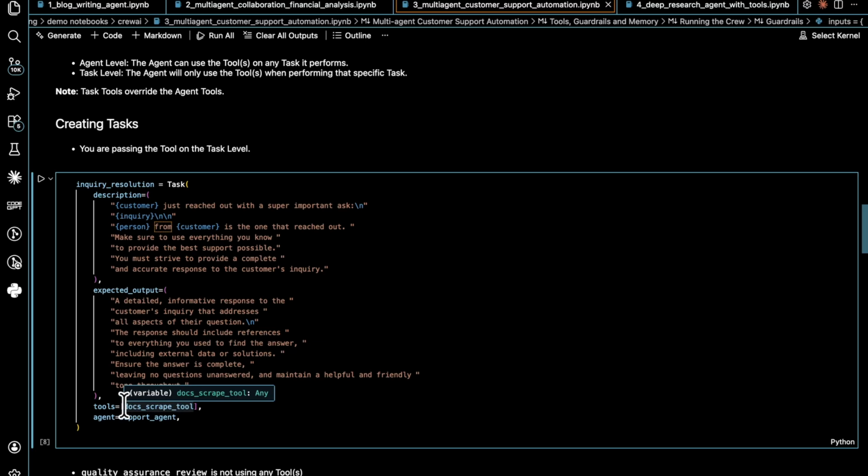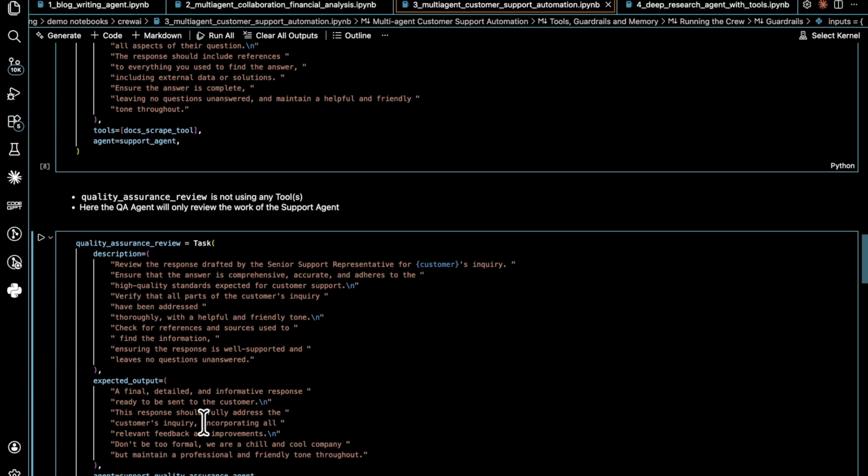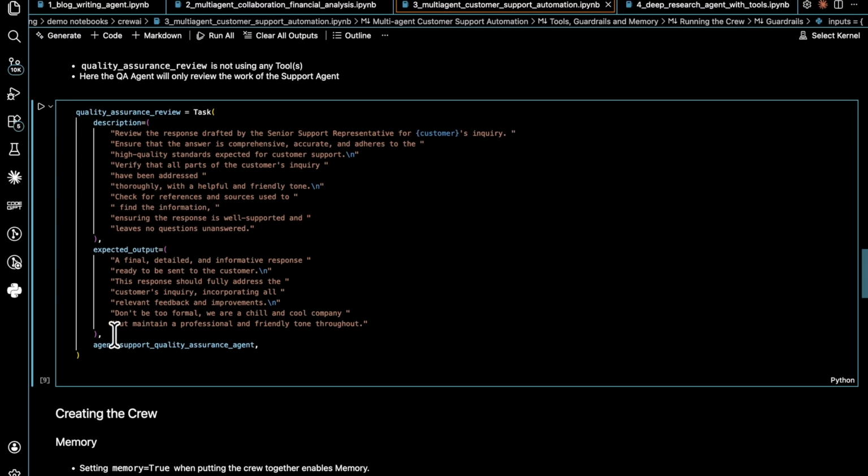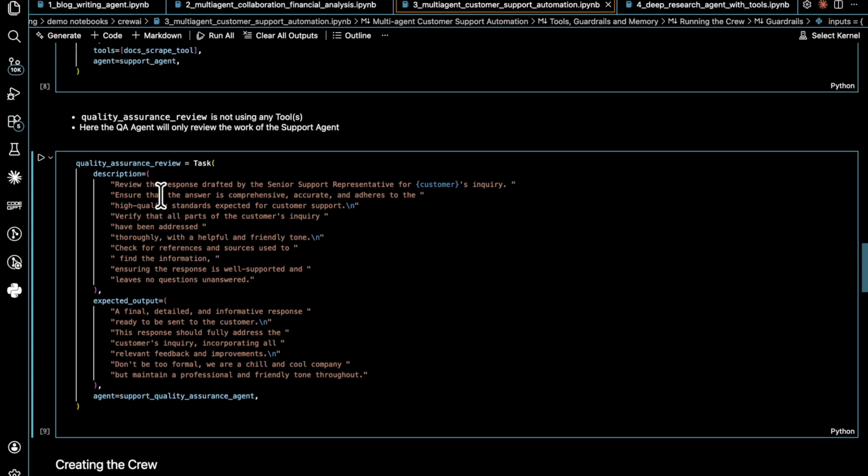So tools you have to define inside the task, right? And similarly you have the quality assurance review task for the second agent, right? So this is the support quality assurance agent, and you are defining the detailed description of the task as well as